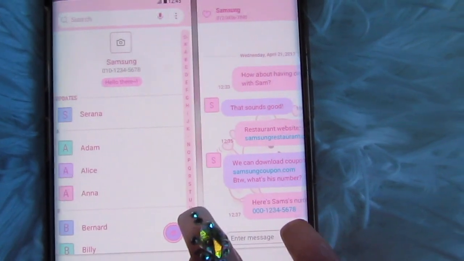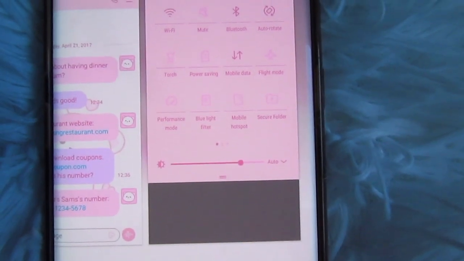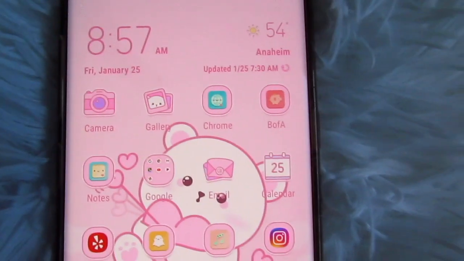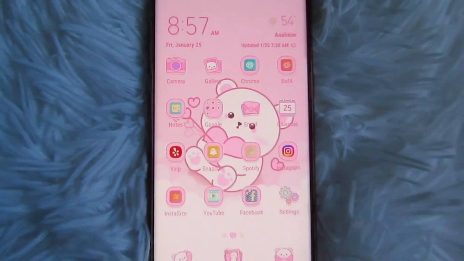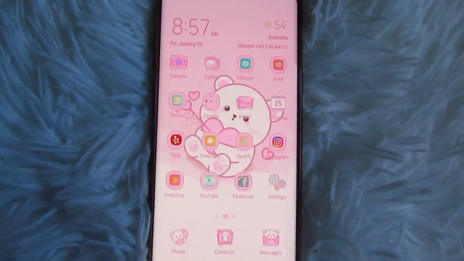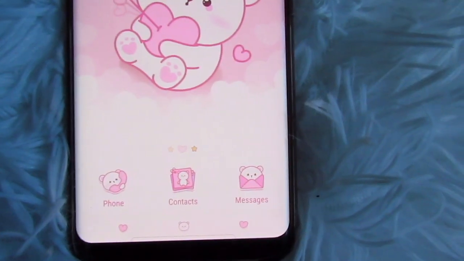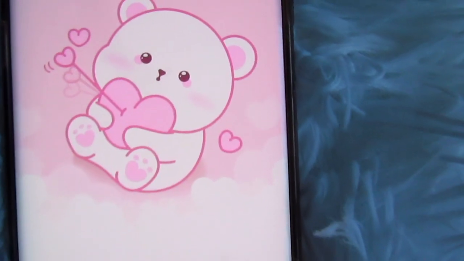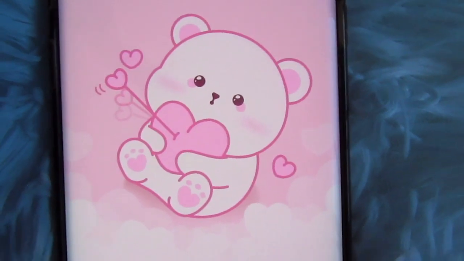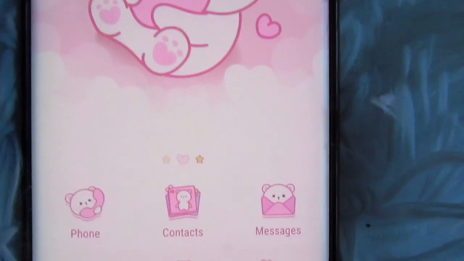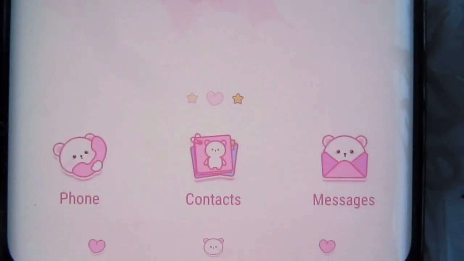So now we are going to apply this theme on our phone, and I can show you in depth how it looks like. This is the super cute theme. This is how it looks like on my phone. I just have this super cuteness overload. So the bear is holding a heart and squishing it, and then there's little bears at the bottom for the phone, contacts, and messages. They are the cutest icons I have ever seen, and I am in love,